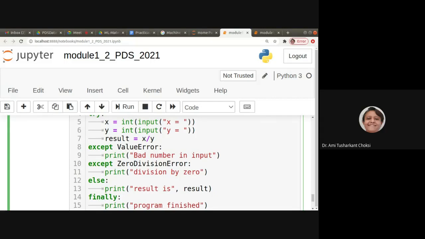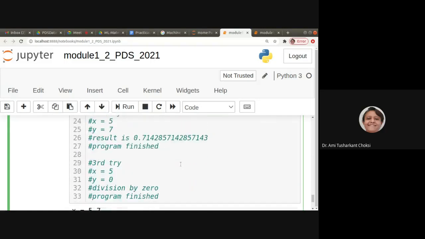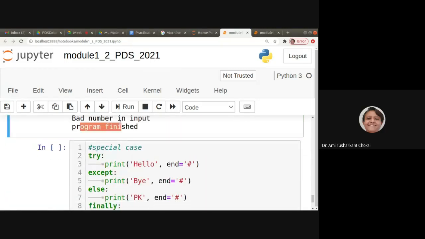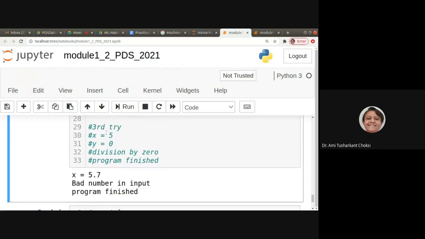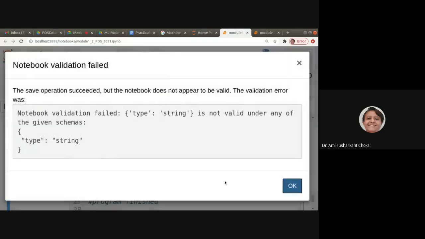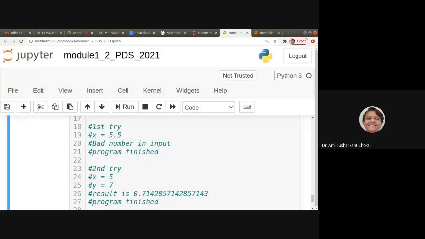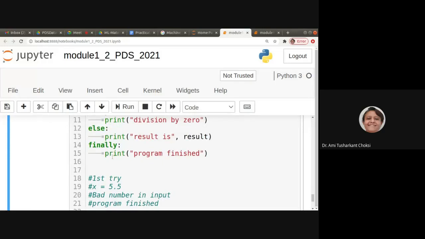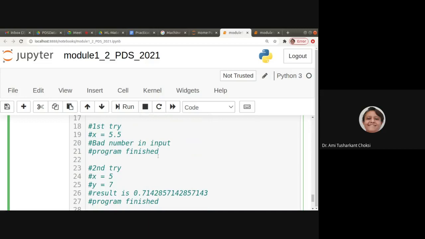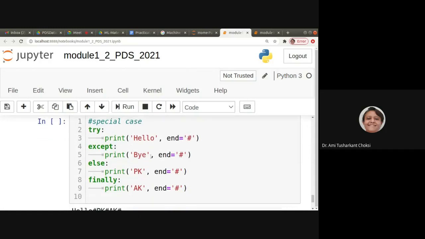So it has given the exception, and then after it has given us program finished. Where we have written program finished, that we have written inside the finally. So irrespective of whether the exception has occurred or not, the statement inside finally will be executed.